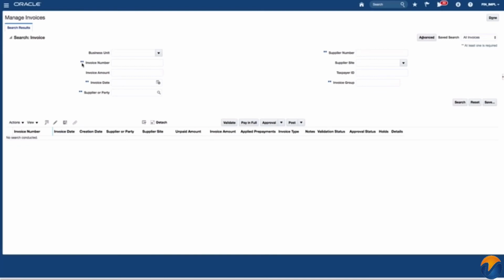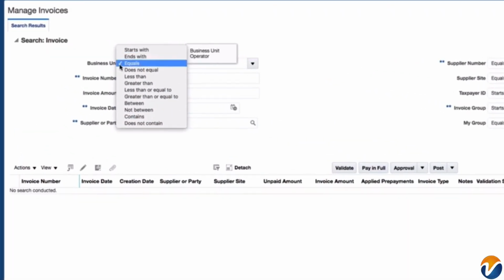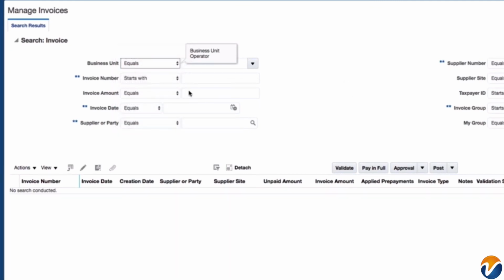Where you've got the 2 asterisks, that means that at least one of these fields has to be entered. I can also have my saved searches, and this allows me to very quickly retrieve data based upon some search criteria. I've also got the advanced icon that allows me to put in additional fields and also change the way I perform my search. I've got certain variables here. I can say I want to search for data that does not contain, as an example, or equals a specific value. So I'm going to search for a supplier